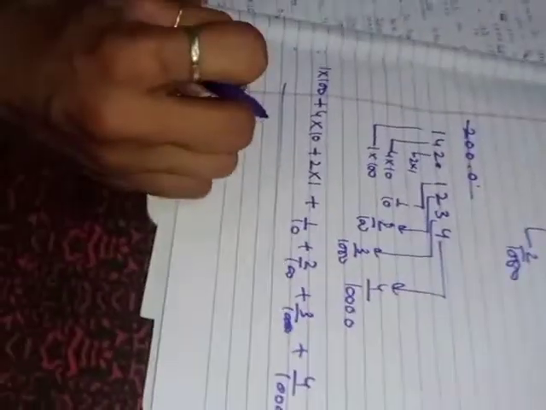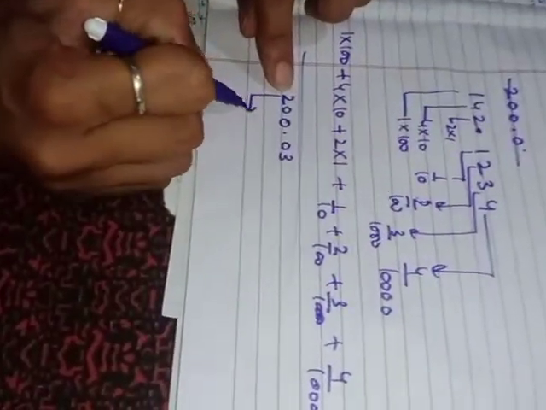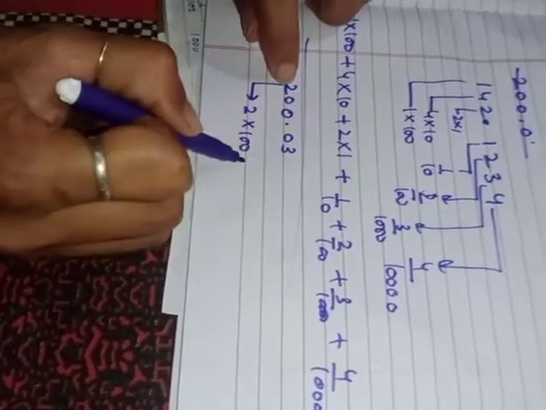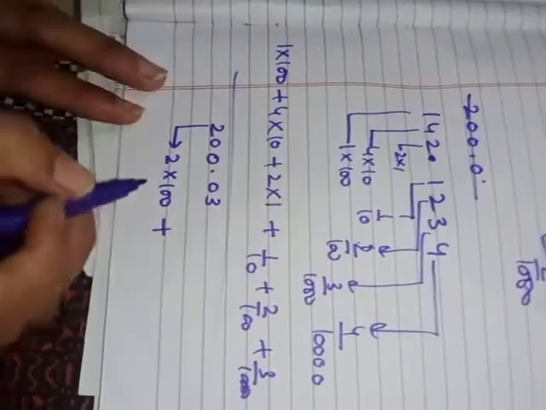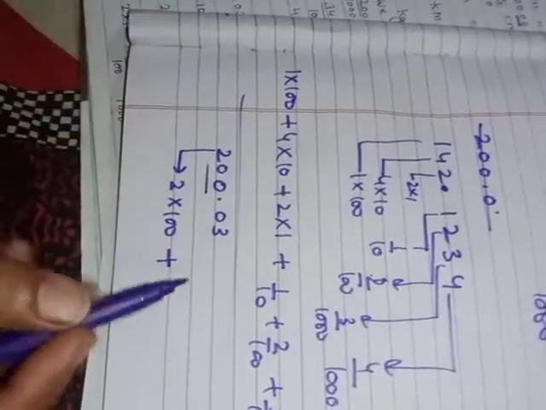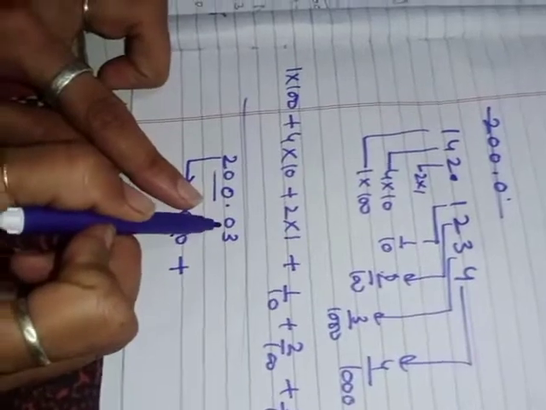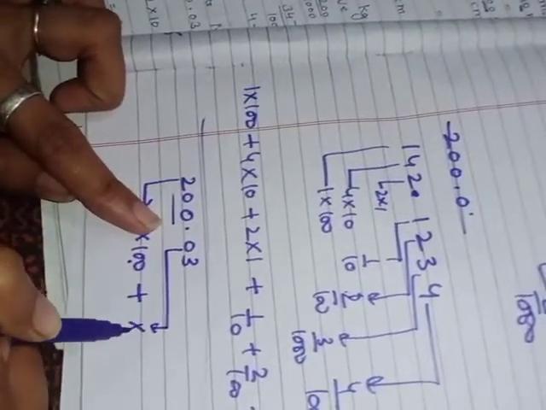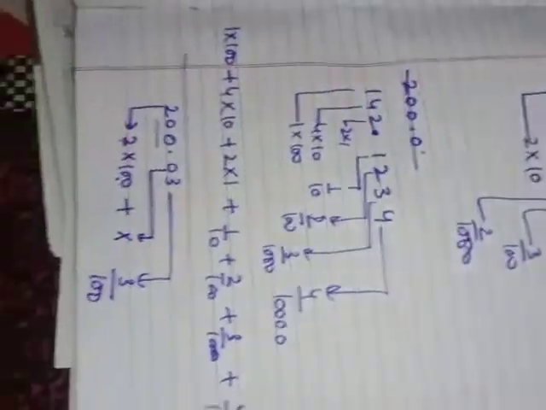If by chance there is a 0, then you skip the term. For example, you are given 200.03, so you don't need to express the zeros. Now come directly there. So 2 multiply with the 100 plus, if you have a 0, then you don't need to express it. Clear? So you will multiply 2 with the 100 because that is your hundreds digit. Again you have a 0 there, so you don't need to express it. Now come on to the 3, and 3 is divided by the 100, so that is the pattern. Clear?